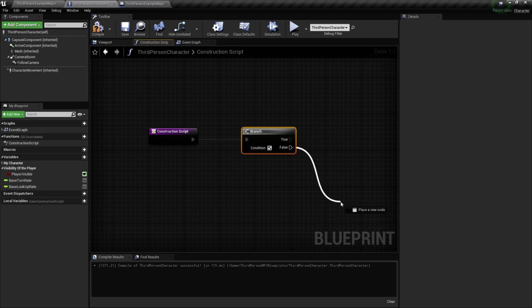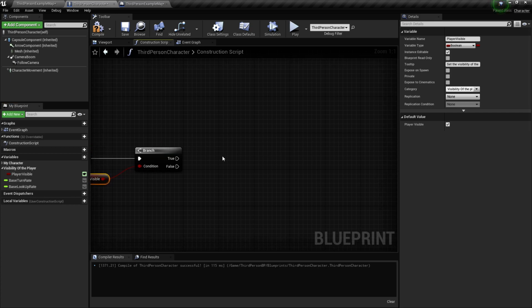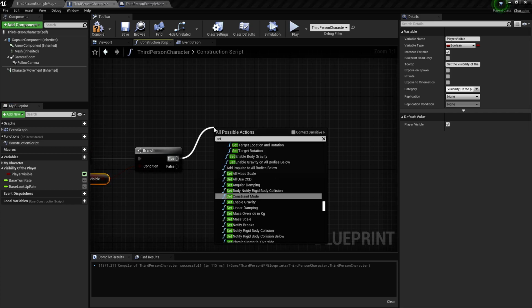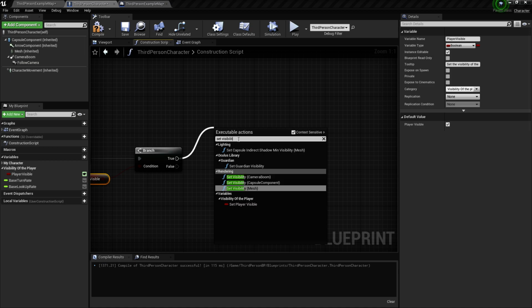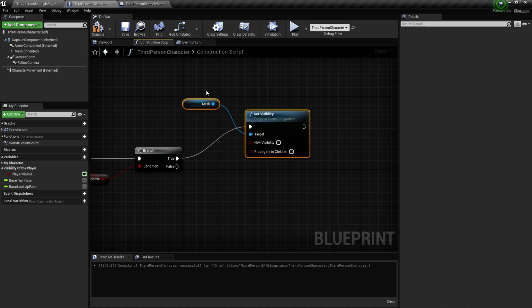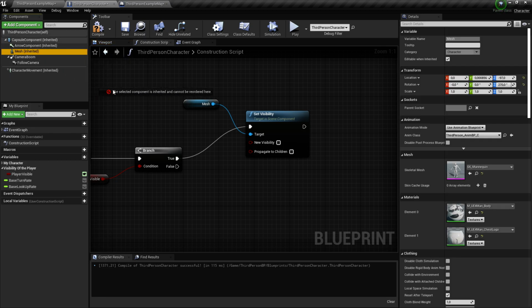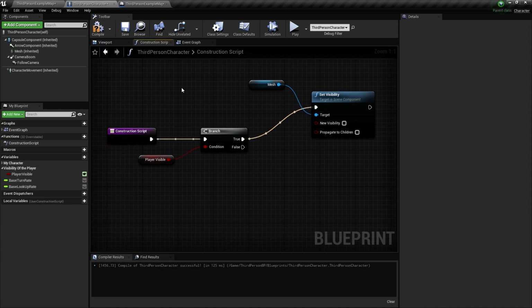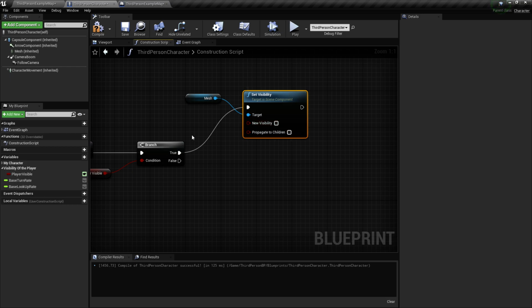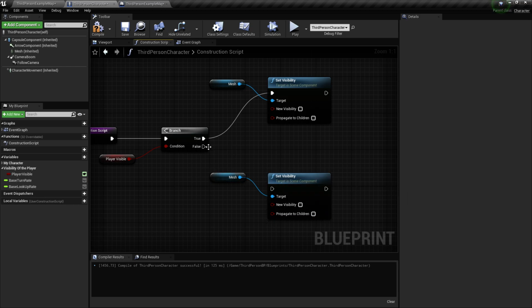If it's false, it's going to fire this one. So if player visible, you can just drag and drop it in here. If it's true, set visibility, calling a function of my mesh. Here you can see my mesh is also a variable, so I can just drag and drop it to get access to every component of this object. So new visibility false. I can copy and paste here to false too.